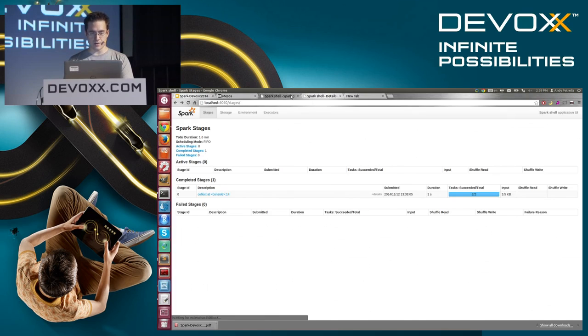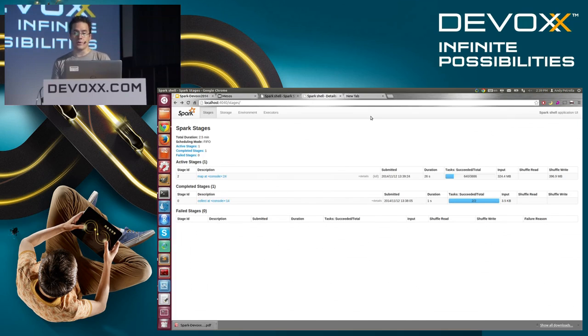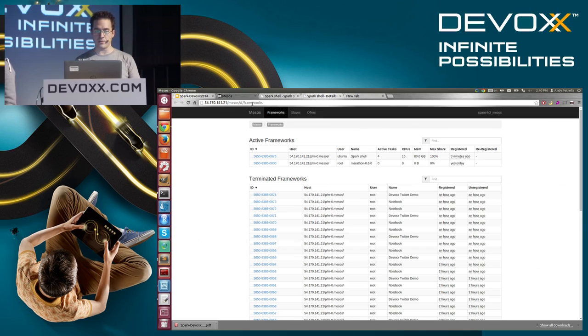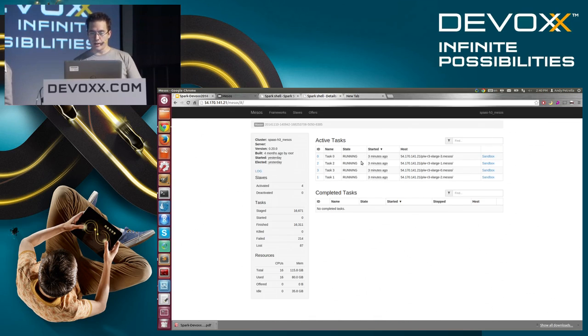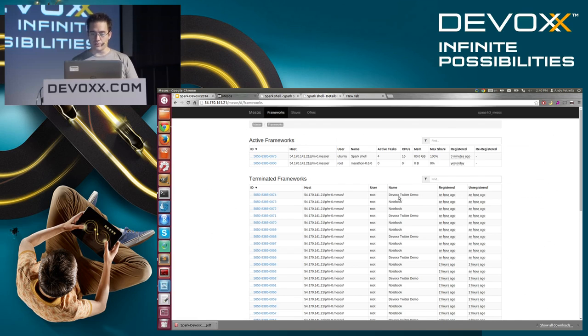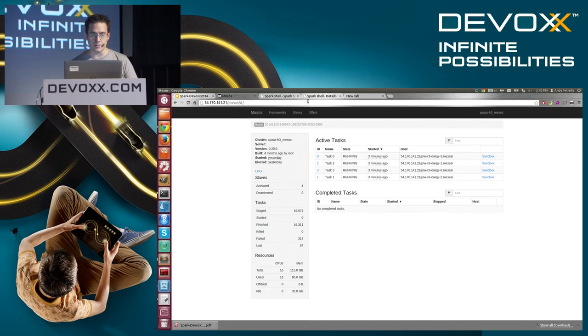Let's see here if we have it, otherwise we leave it. Oh no, there we are. So we are mapping 3,886 partitions. And this thing does not load on the fly, but you see how it evolves. At the same time, I can show you a resource manager, Mesos, and Mesos will be displaying the tasks that are active. So I have 4 tasks, each one executor on each node of the cluster. And I'm using, as I mentioned, 80 gigabytes of memory to do this simple crunching right now.